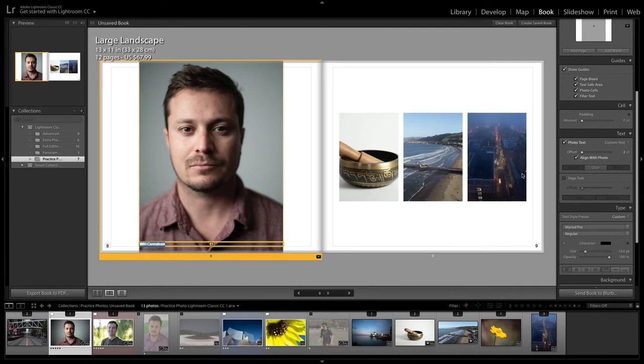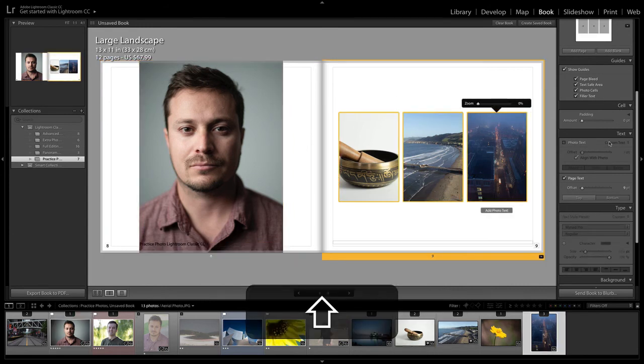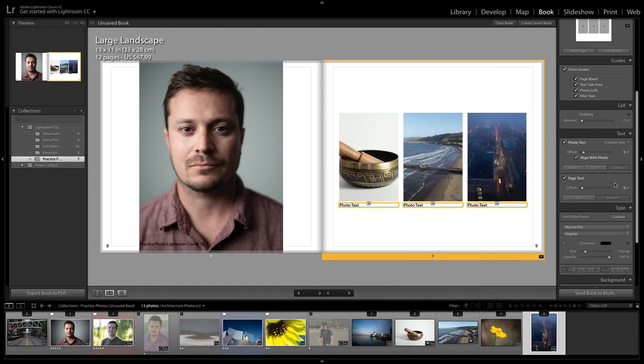Or if you want to automatically adjust what text is on the photo, you can choose this custom text button and choose something like sequence or file name. For example, if you already have all the photos named the way you want, this would be a quick way to add photo text to all of these photos at once with the date or the equipment that was used or whatever you want. Of course, you want to make sure you check this because some photos might not have the right information. Sometimes it doesn't have all that metadata.